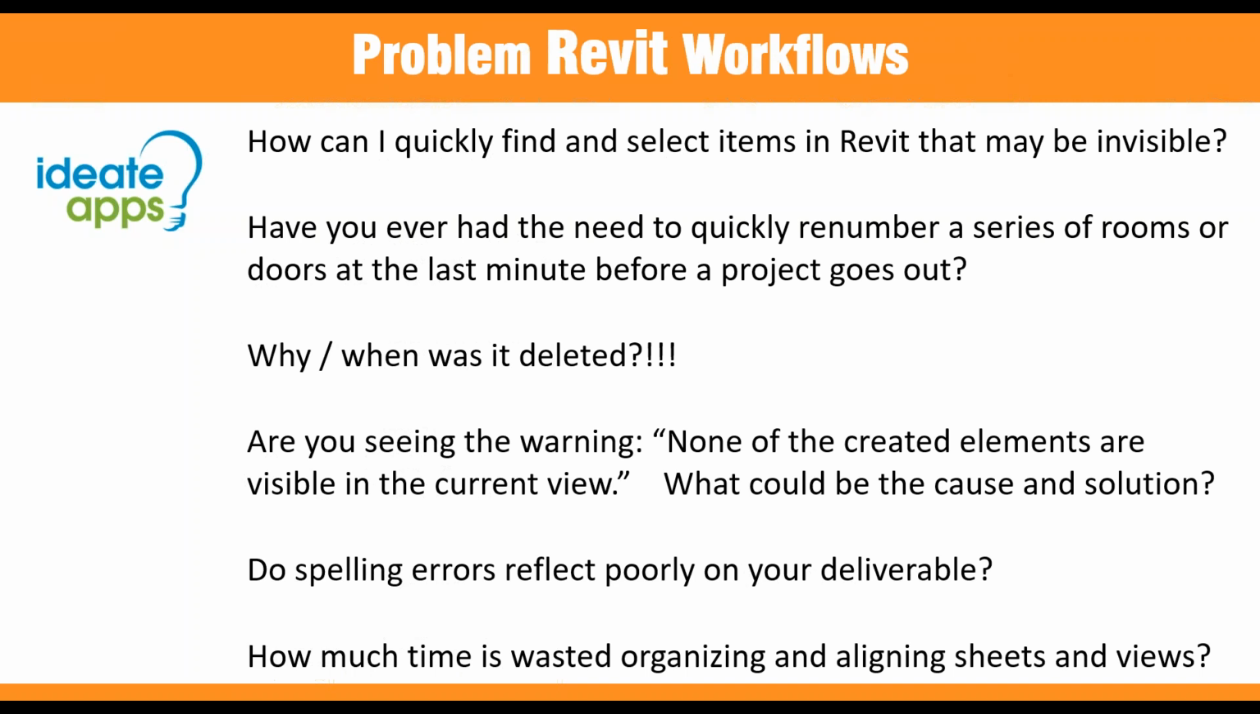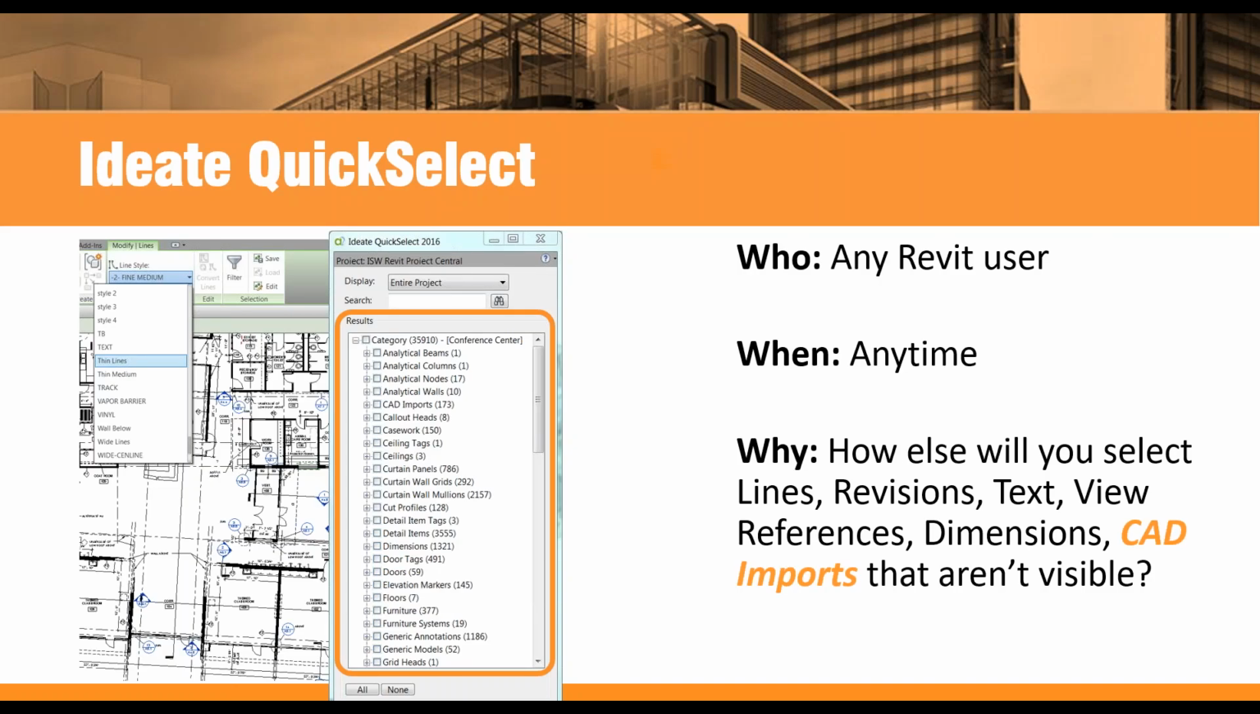All right, so I'll go over the first one real quickly. One of the easy to use products that is part of IdeateApps is Ideate QuickSelect. And it's really for any user. So if you've ever selected elements in Revit and then had to go through the filter tab to try to filter that selection, you've probably discovered that it's